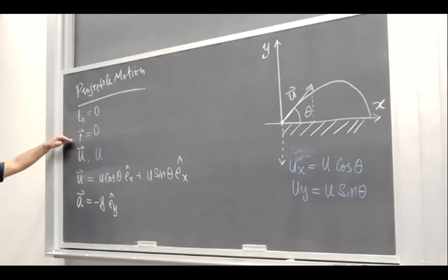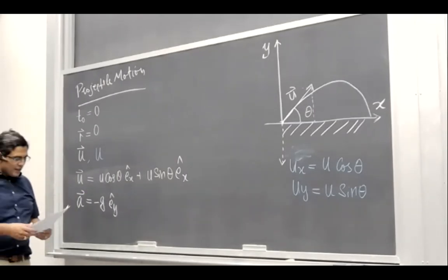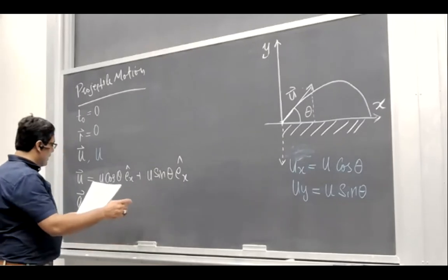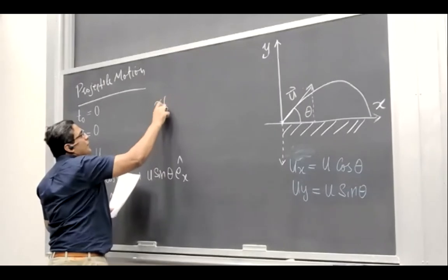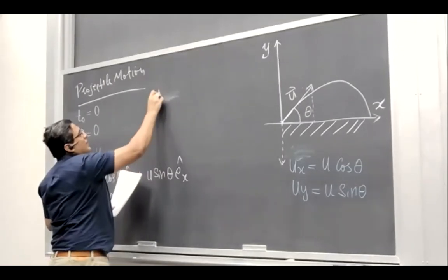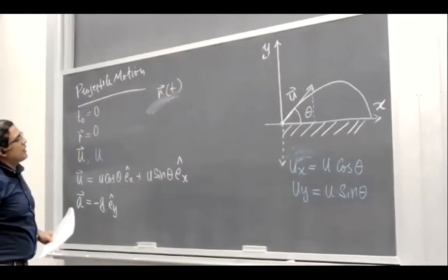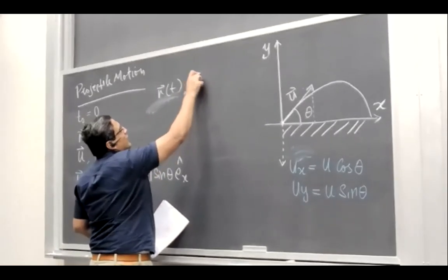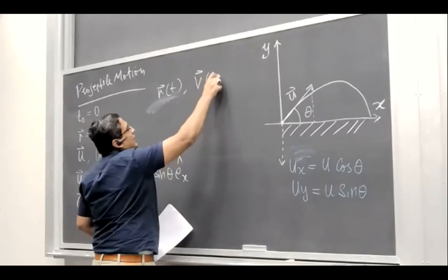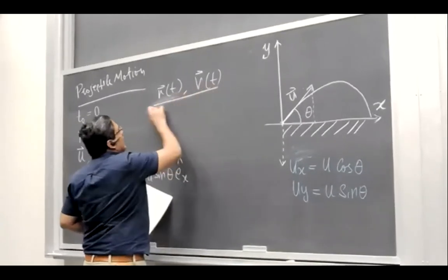The initial time 0, the position 0 at time 0, and the initial velocity is this, and the acceleration. Now the questions we want to solve, or the quantities that we want to find out are, for example, we want to find out the position. And in this case, the position would be again a vector at a time t later on. So we want to find out the position of this projectile at any time. We also want to find out its instantaneous velocity at a later time t.